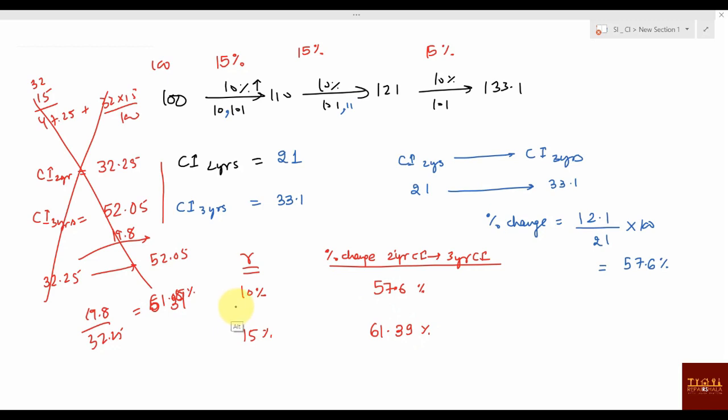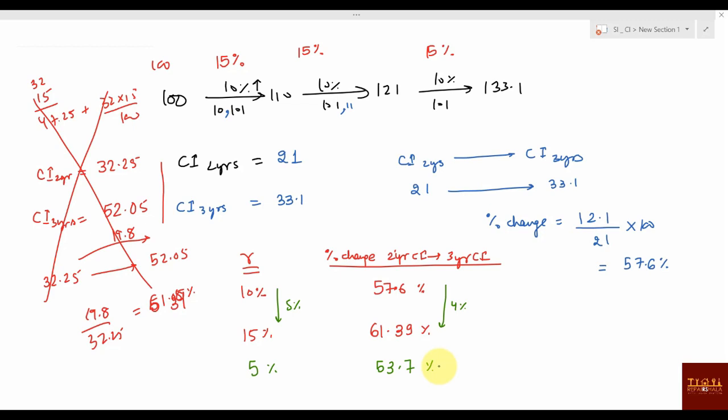If your rate of interest is increasing by 5%, then the percentage change is increasing by 4% approximately. You can say options are very different, right? They are not very close. Okay. Again, you can check for 5% also. For 5%, you will be getting answers somewhere around 4% less than this. Means you will be getting something around 53.7%, something like this. So this is a standard case.